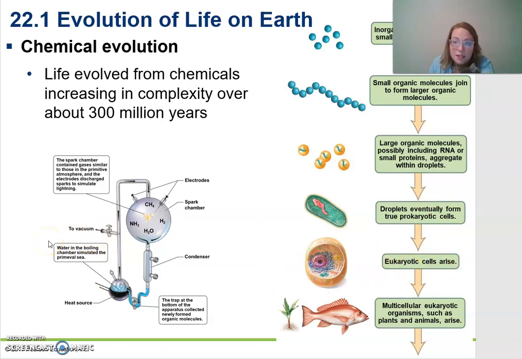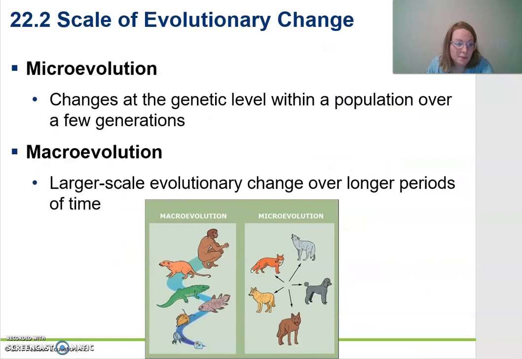There are still prokaryotic cells out there, obviously, bacteria and such. Our cells are eukaryotic, as are plant cells. So how could we possibly get chemicals, you might ask? There was an experiment done by Miller and Urey where they put in the molecules that were present in the Earth's atmosphere 4 billion years ago, added electrodes and boiled water, and what formed spontaneously were small organic molecules. That's pretty cool.